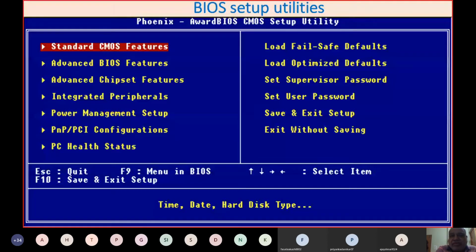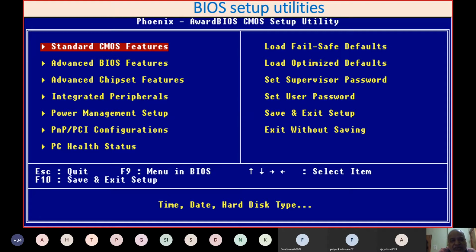That is a CMOS utility, or a setup utility you can say, through which you can change most of the settings of your computer. Under the standard CMOS features, if you click this particular button, then you will be able to set certain features of a keyboard, that is, whether numlock should be on or shall not be on during start. Then, at the same time, date and time. In advanced features, you can also set up your user password or even a supervisor password.